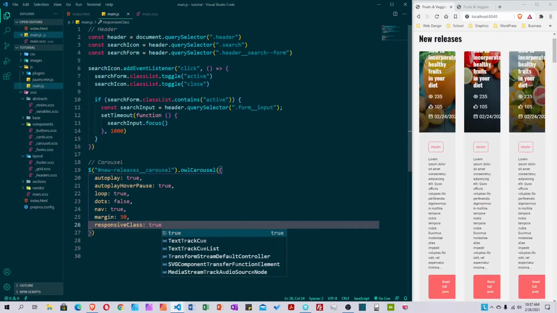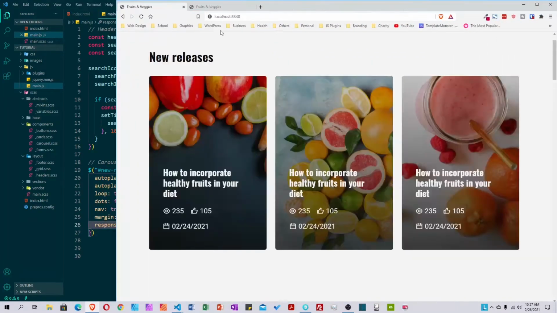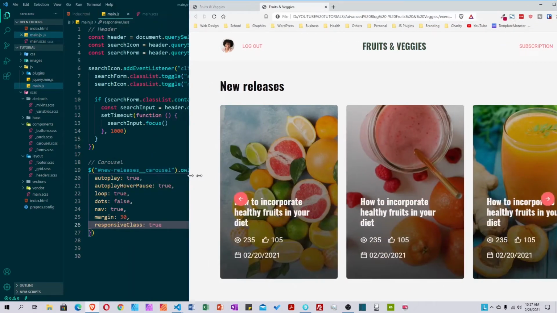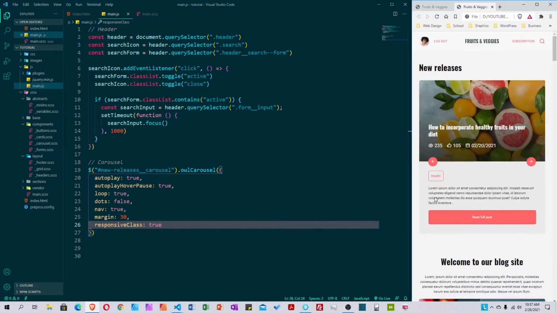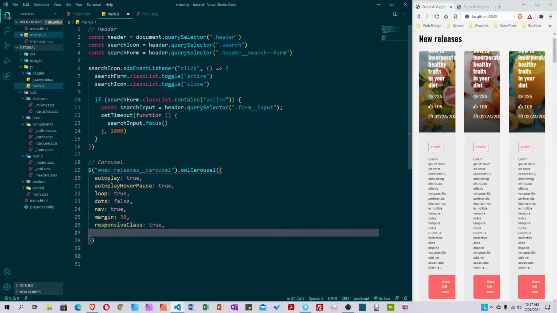Now we need to start changing it. On a finished project, take a look. On larger devices we have 3, medium devices we have 2, and then on smaller devices we have 1. So we do it, say responsive,